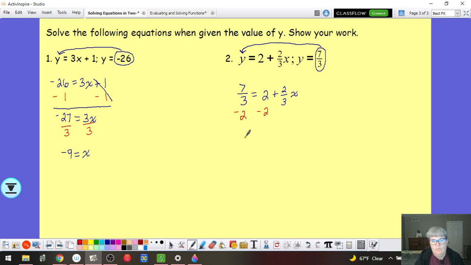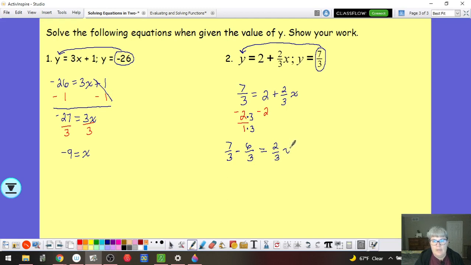Now keep in mind, when you're subtracting fractions, you need a common denominator. My common denominator in this case is going to be 3. So I'm going to take the 2/1 and multiply each of those by 3. So what we end up with is 7/3 minus 6/3 equals